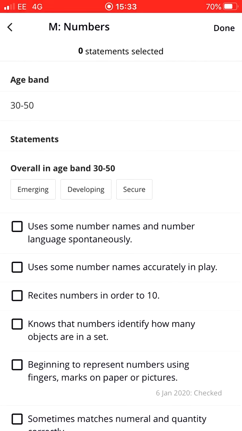Up until that point, you must choose emerging, so they are starting to do it, or developing, and those options can be chosen as many times as you wish until you feel that they are secure. So I'm just going to put emerging, and we're going to choose